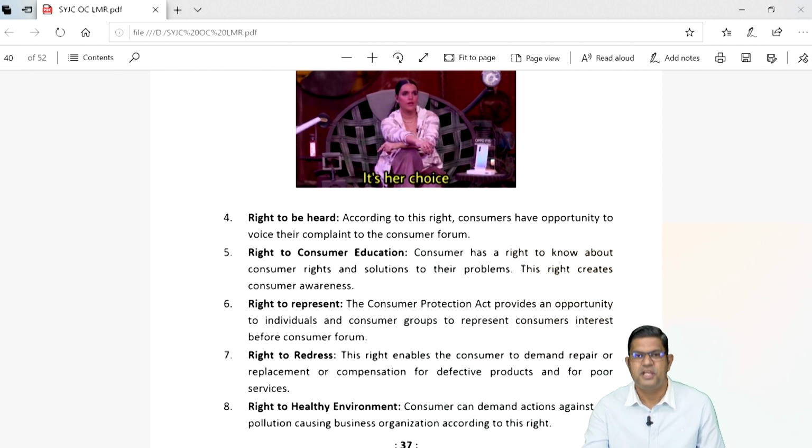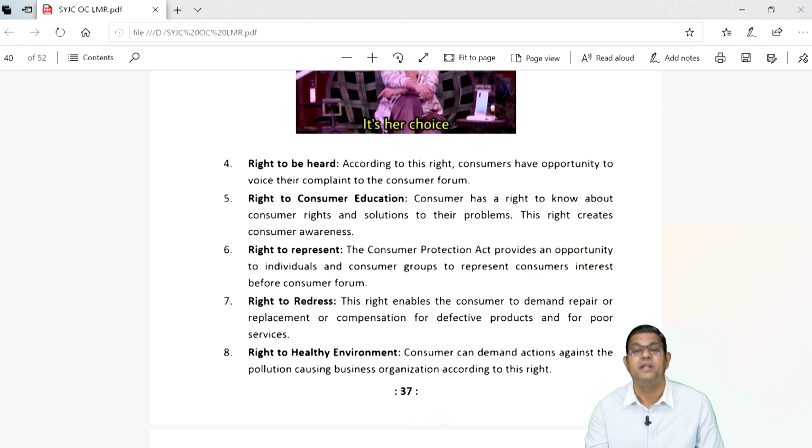Okay guys, moving to the next one is called as the right to redress. The right to redress का मतलब होता है if a particular product is not satisfying the needs of the consumer. मतलब अगर वो प्रोडक्ट फॉल्टी है, उसमें कुछ गड़बड़ है, उसमें कुछ प्रॉब्लम है, तो इट इज द राइट ऑफ द कंज्यूमर टू गेट दैट प्रोडक्ट रिपेयर्ड, ऑफ कोर्स फ्री ऑफ कॉस्ट. अगर वो प्रोडक्ट रिपेयर नहीं होता है, देन दैट प्रोडक्ट शुड बी रिप्लेस्ड. सो दिस राइट enables the consumer to demand a repair or replacement of a particular product.